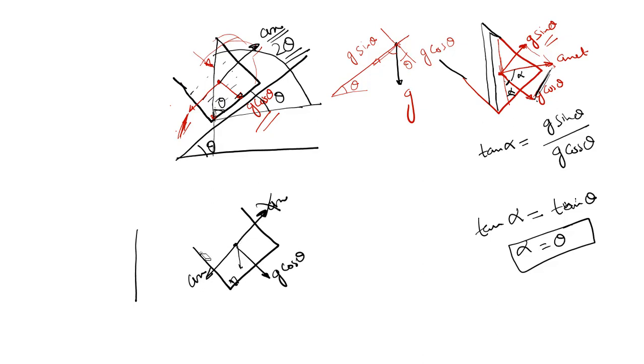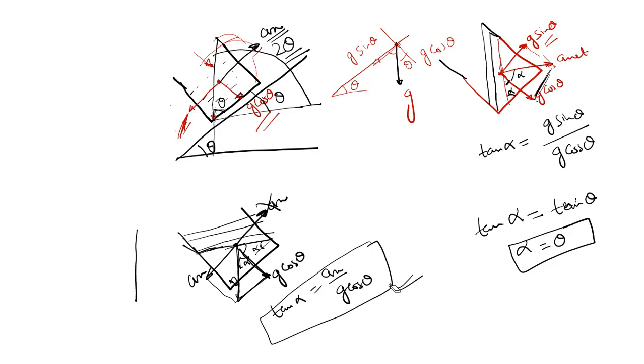So what will be the free surface? Perpendicular to this line, right? Let's suppose I have drawn a line here. This is perpendicular to that. If this angle makes alpha, this is 90 minus alpha. Again, this is alpha. So what is tan alpha? Again, in this triangle, tan alpha is a_x upon g cos theta. So it's very simple, only 3 steps and you are done with this kind of problem for sure.